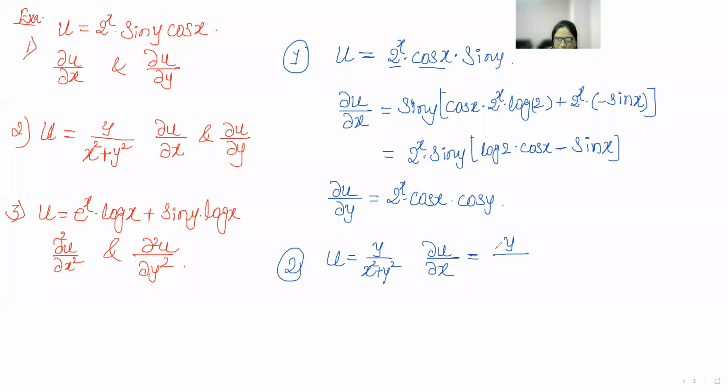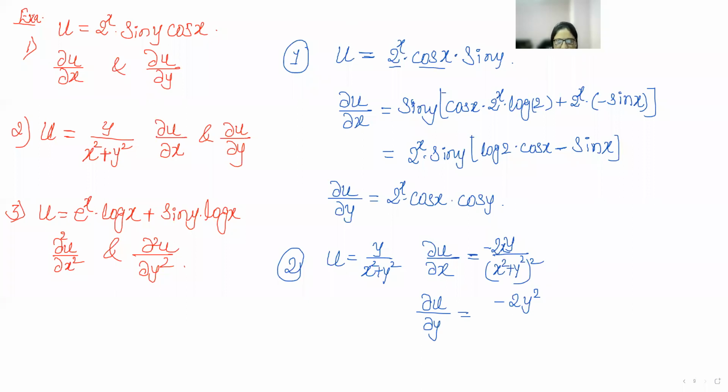Yes, minus 2xy divided by x square plus y square bracket square. And next, partial derivative of u with respect to y is equal to. It is minus 2y square. Simply 2y square. No, it is